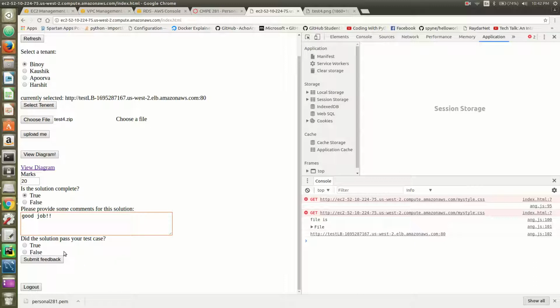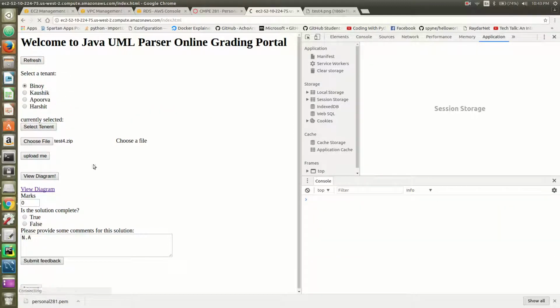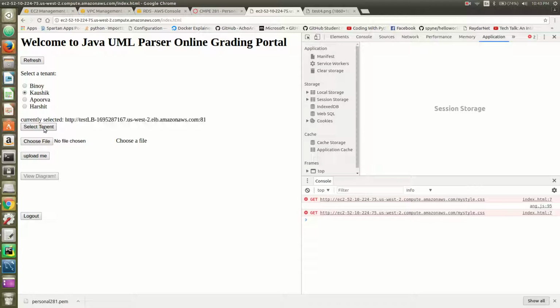Did the solution pass your test case? True. Submit feedback, and you can see it has added remarks to the database. So Binoy is done. Now let's move ahead with other tenants. So I'll refresh my application, select Kaushik, choose the tenant, choose file, test4, upload, and the file is visible here again,